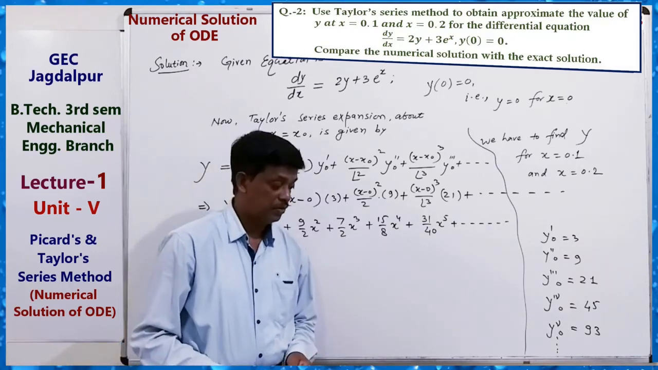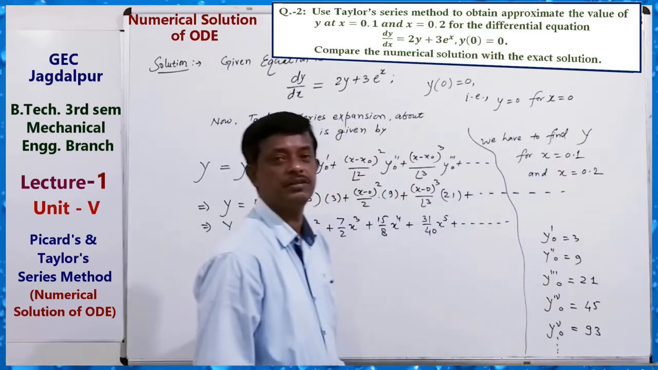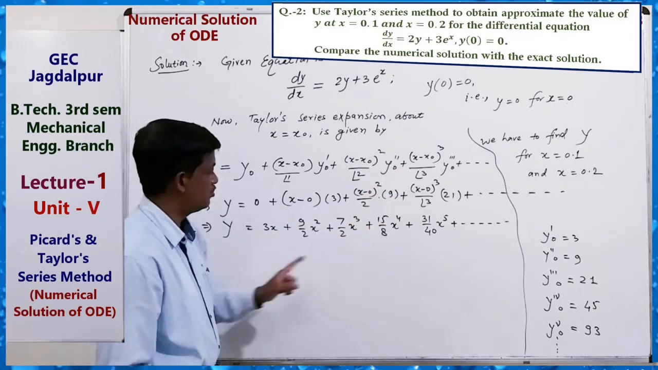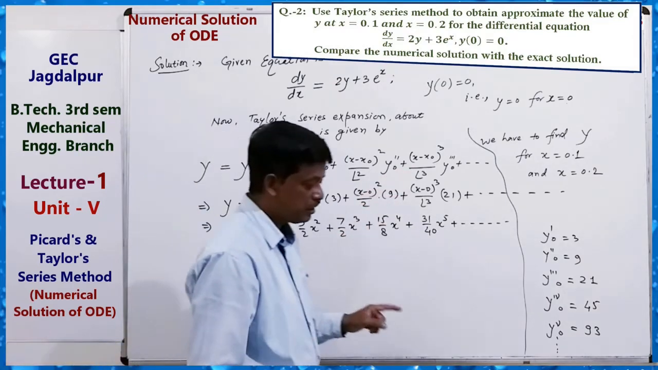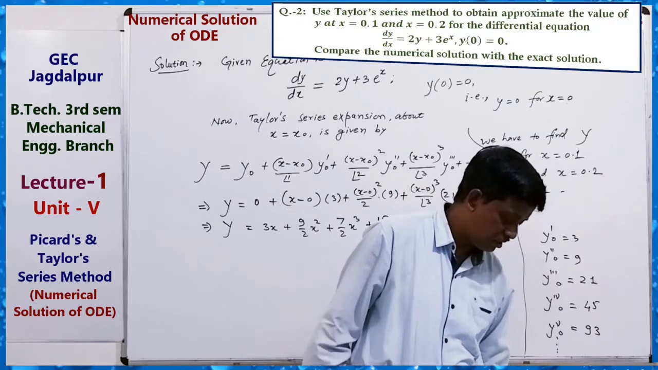Now for x equals 0.1 we can get the value. For x equals 0.2 we can get the value. This is the first approximation, and for the second approximation,